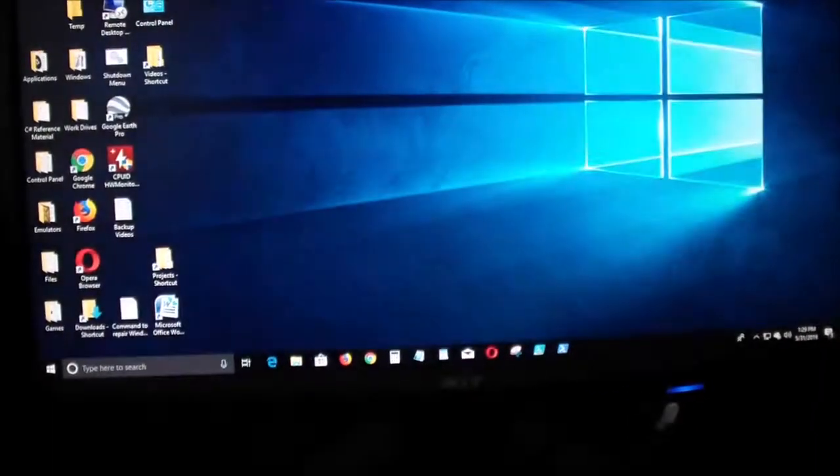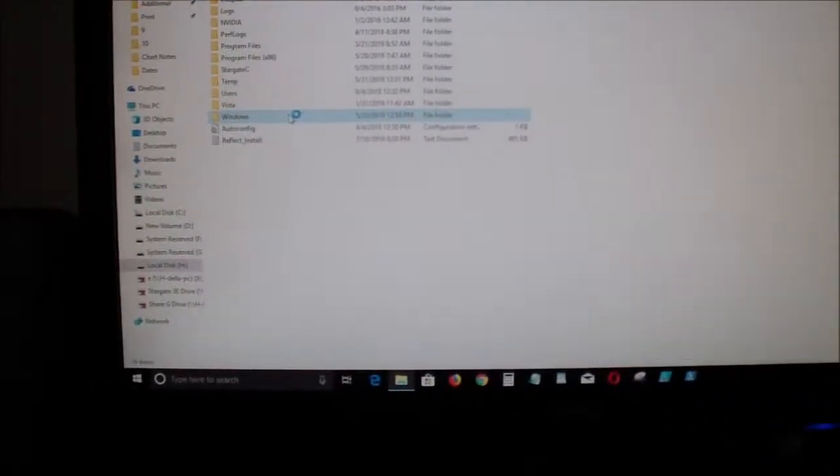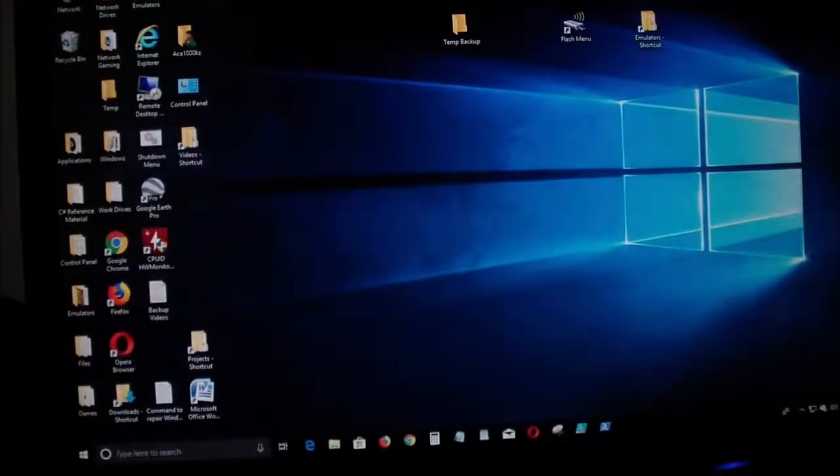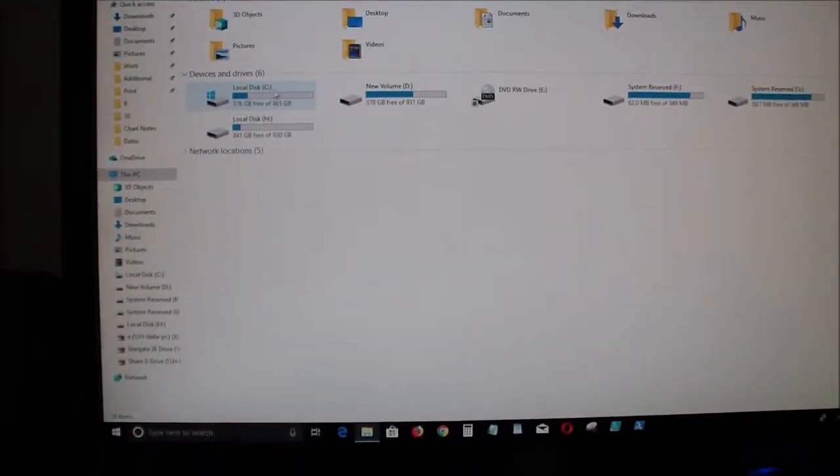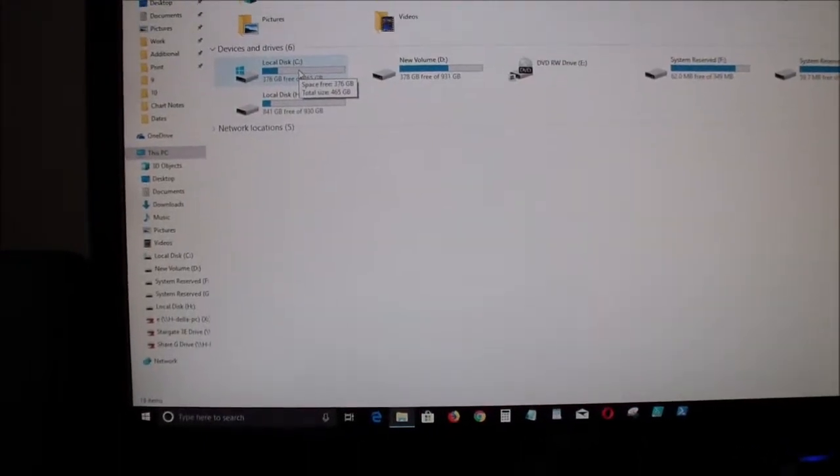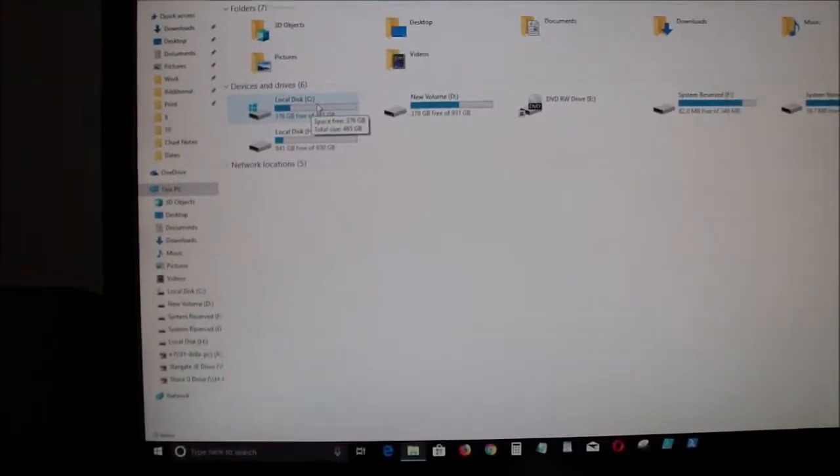That's Windows on it. This also has Windows on it, so that's the old mechanical hard drive. So now I'm able to boot to the SSD, and I'm going to see how